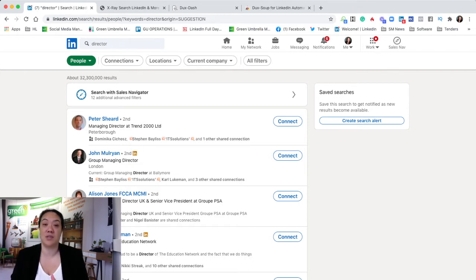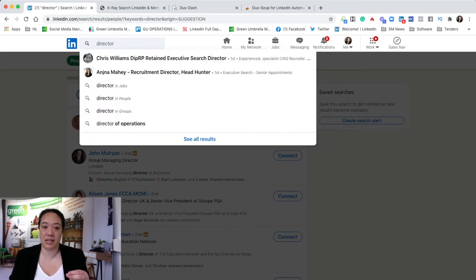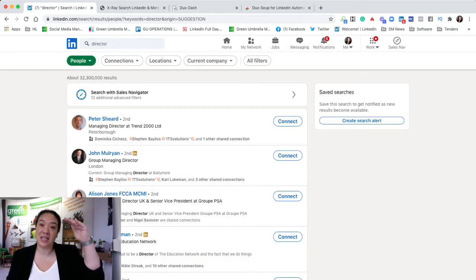Okay, now there's a couple of different ways of using this. What I've done initially is just done a search within LinkedIn for the title director. And once I've clicked on that, you'll get director in people appear. If you click on that, it will open up search results. So this is now LinkedIn's list of results for me of people that have the word director in their LinkedIn